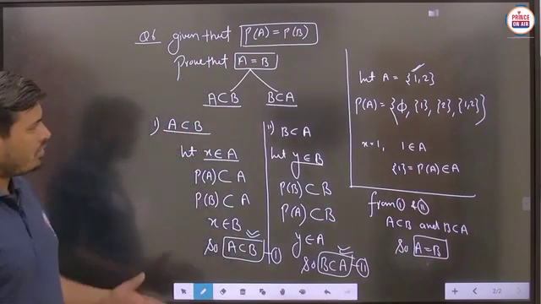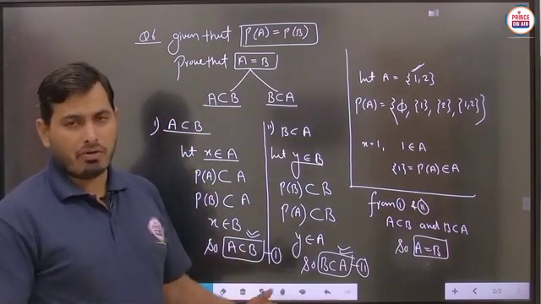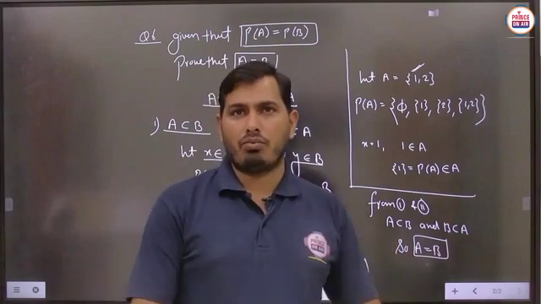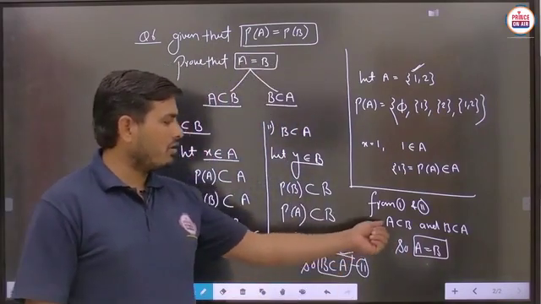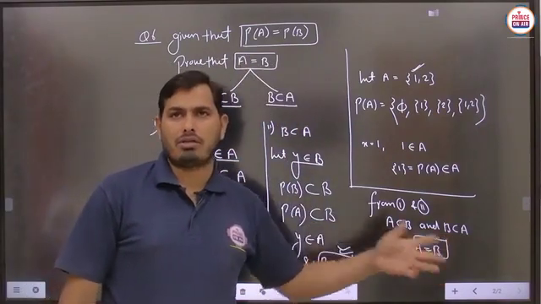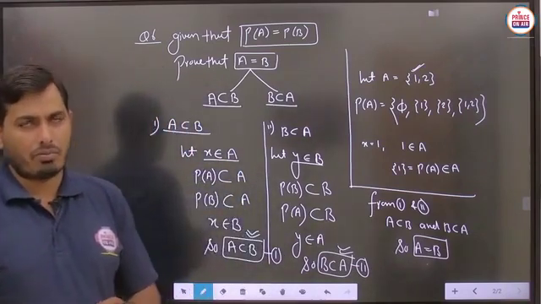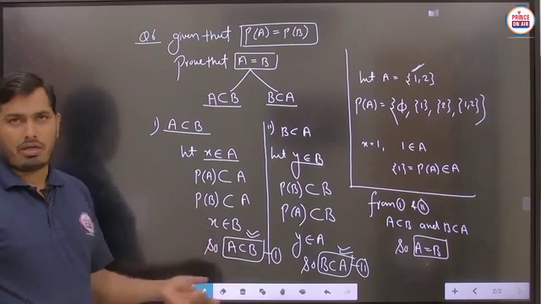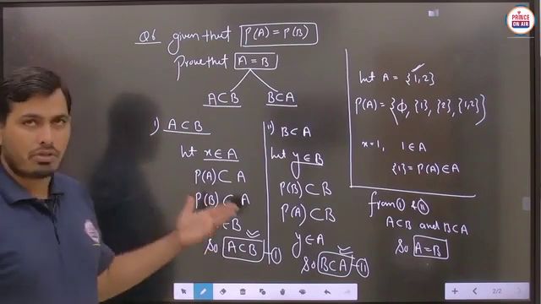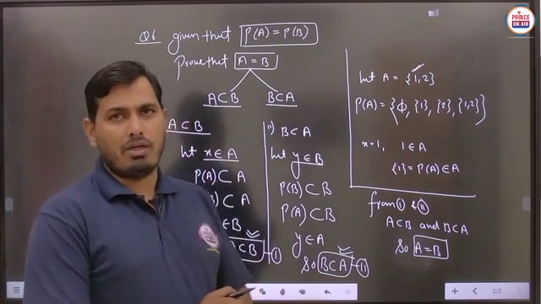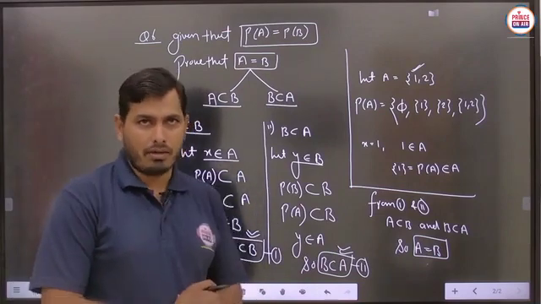And again, student, this particular logic: whenever we have to prove two sets are equal, we have to prove this thing. Either this is a subset of this, or this is a subset of this. Then definitely you will get the required result. Is it clear? So in general, student, you can take an example and process it according to that, and do the very simple calculation here also. Is it clear?